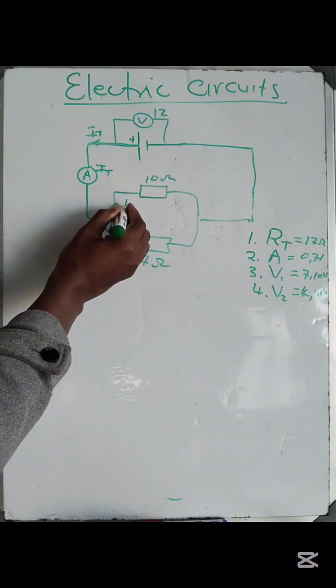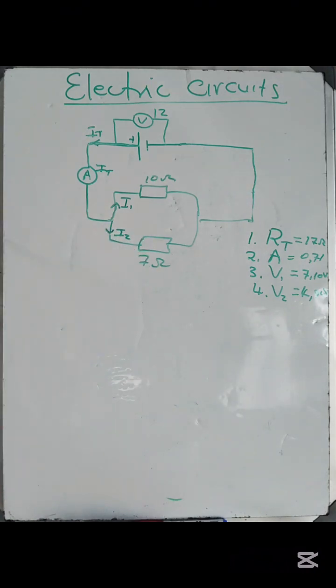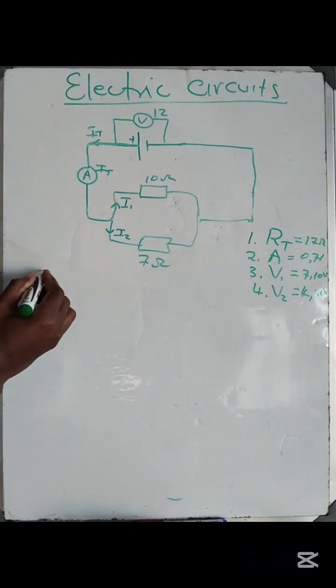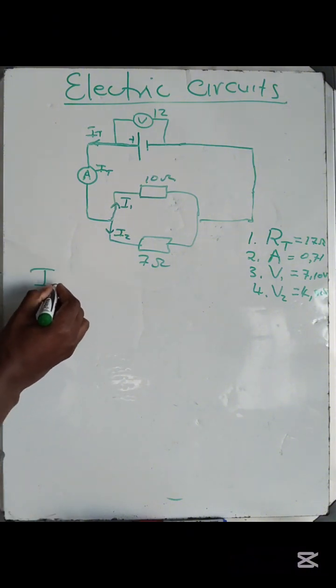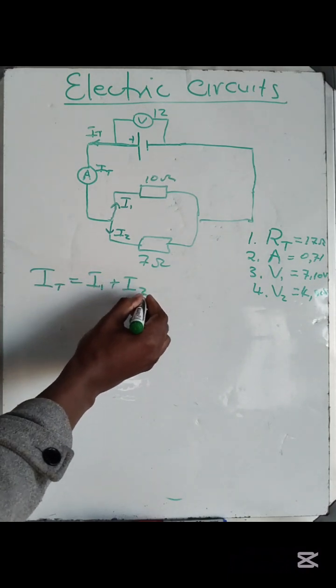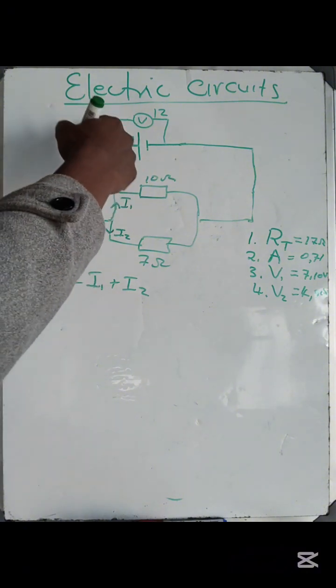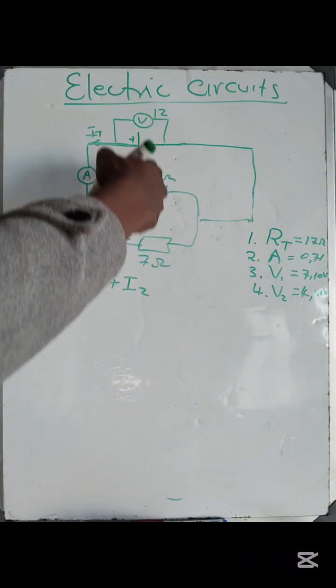So we'll have I1 here and I2. So the current is split there, okay? And another thing that we need to know is that the current is split. The total current is equal to I1 plus I2. So that is, the current is split. Then the voltage, since we have parallel here,